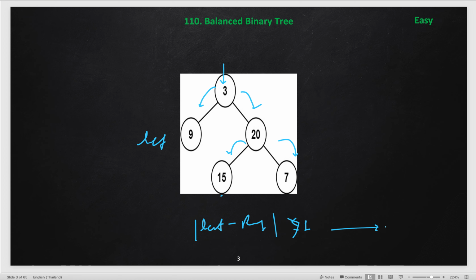So here we will return -1, and we will also check if any node from the bottom is unbalanced. After processing a balanced node, we will return the height, which will be the maximum plus 1. So we will return 1 over here. Similarly this node is balanced, so we return 1 plus 1 here, and this node is also balanced. So we will return 1 over here and 2 from here, and the difference between these is also less than or equal to 1, so we will return balanced. So, overall this tree is balanced.